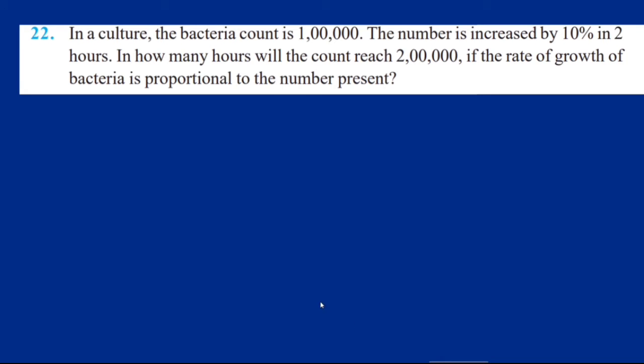In a culture, the bacteria count is 1 lakh. The number is increased by 10% in 2 hours. So 10% of this is increased. It is increased by 10% in 2 hours. How many hours will the count reach 2 lakhs if the rate of growth of bacteria is proportional to the number present? So rate of growth of the bacteria, when T is 0,